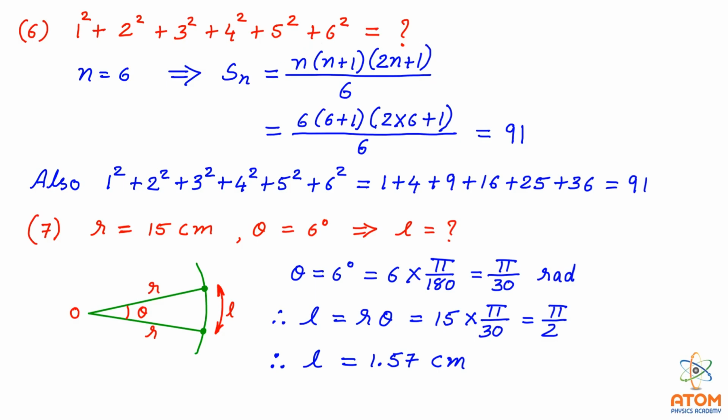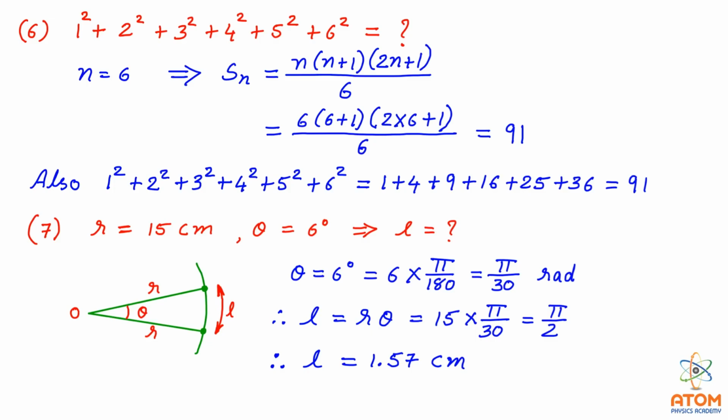After that, we have taken some key equations. Now from those key equations, most of them you have already solved. Still, I will take the last example of finding an arc. Here is the figure, and you can see this is the center, and here is an arc having length L. This is angle theta, and here is the radius r. Suppose the radius is given as 15 centimeter, and let us say the angle is 6 degree, then we need to find L, that means we need to find the arc.